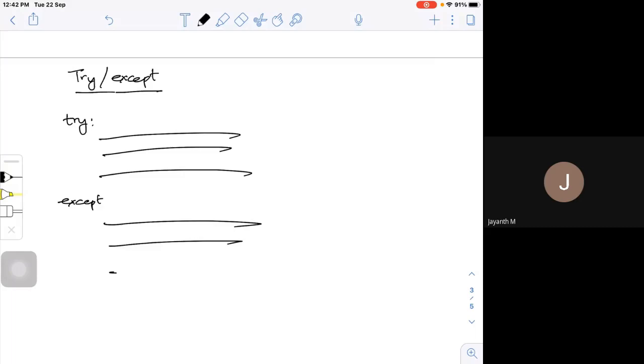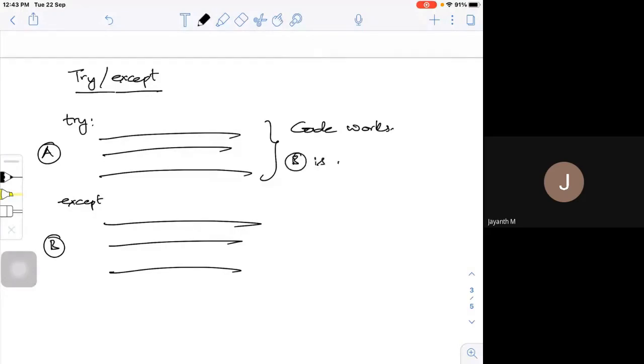If this particular code works, that is part A, let me call this A and this B, if A works, I am going to skip B. I won't look at the code in B at all.